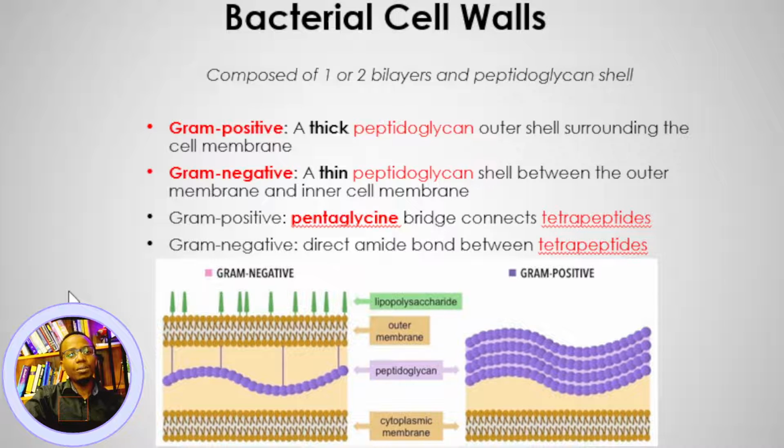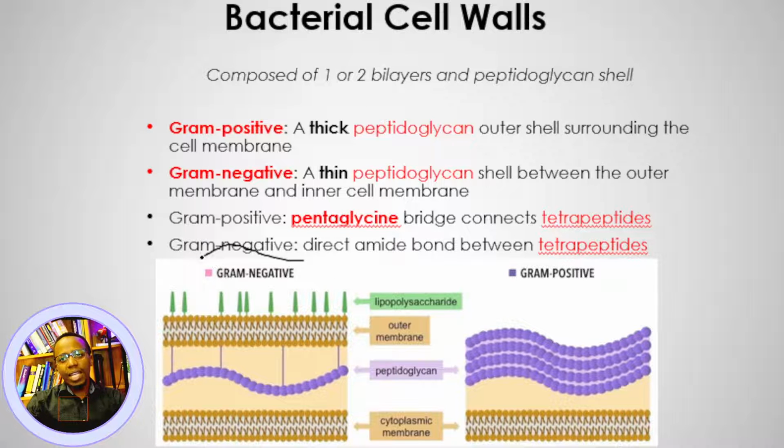So let's talk about bacterial cell walls. The reason why we talk about bacterial cell walls in this chapter is because bacterial cell walls are made of sugars, right? Among other things, they're made of sugars, and specifically peptidoglycan. And what do you think when you hear peptidoglycans? A peptide group and a sugar group, right? Peptidoglycan. So if you look at this figure down here,